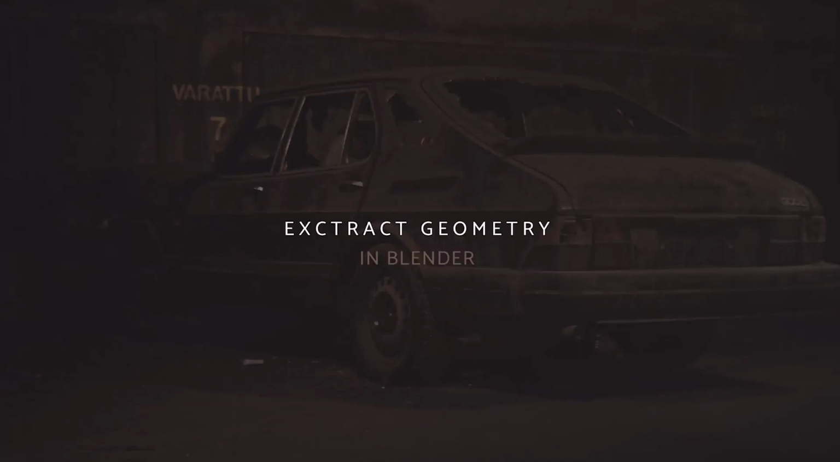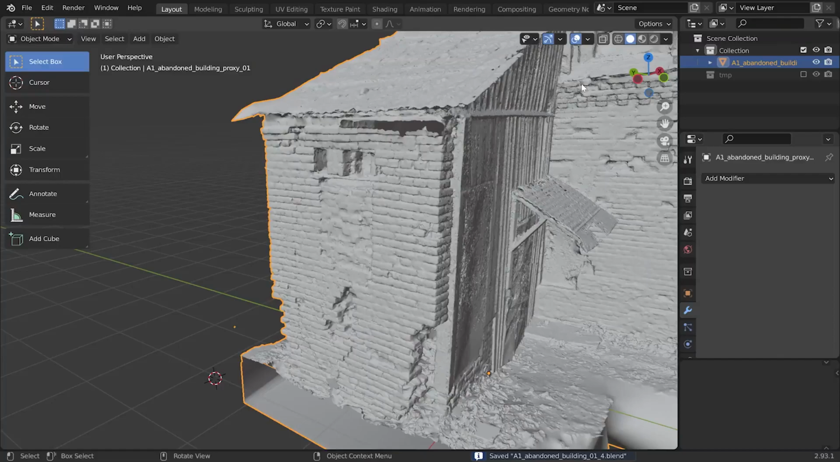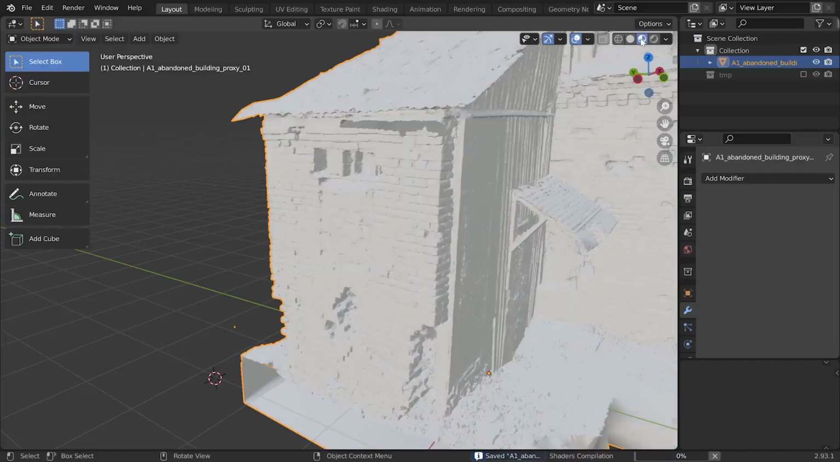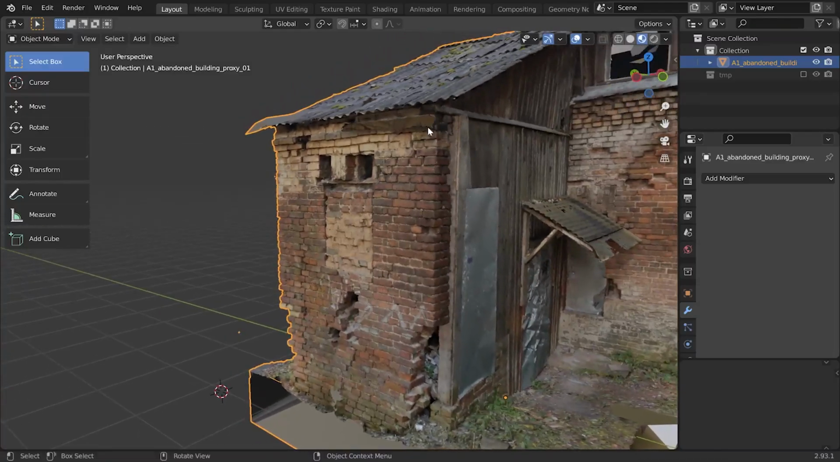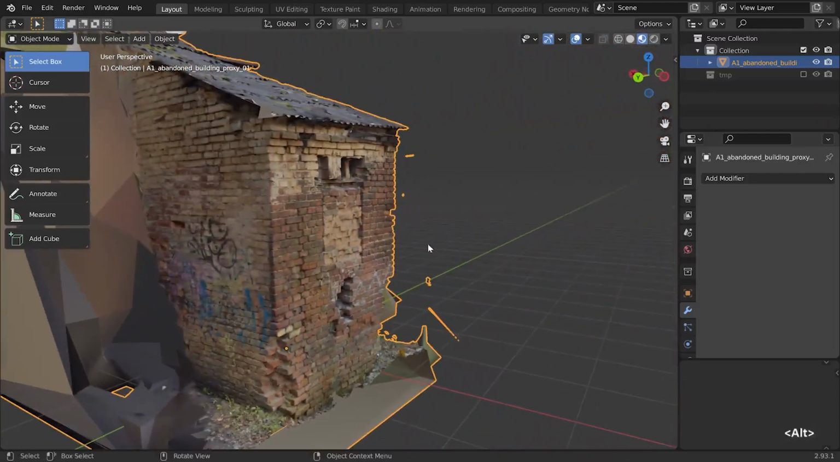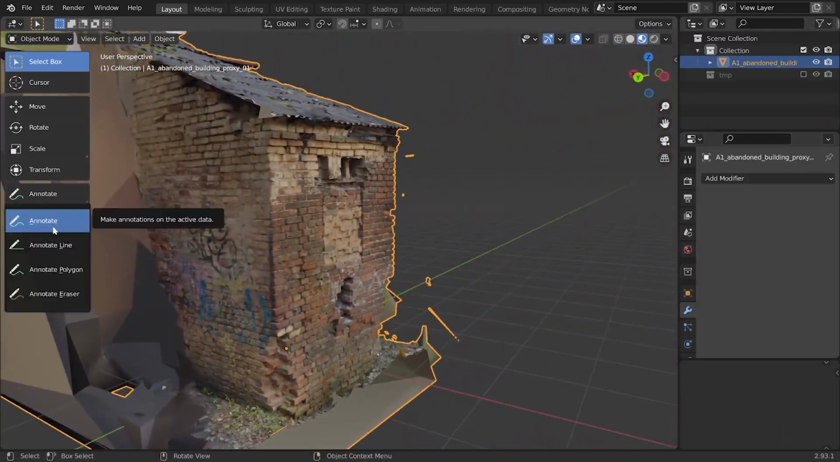So we have cleaned up the weird protruding parts near that section of the building. Now let's try to extract this as a separate object and work on it as a separate object. I switched over to the material preview mode just to check out how it looks with the more defined texture,